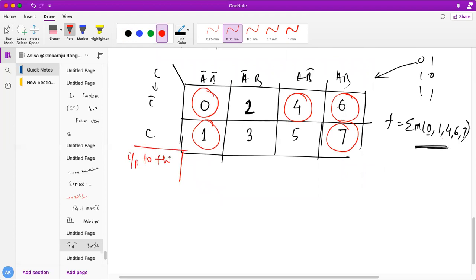input to the MUX. So what are the inputs to the MUX? This is my I0, this is my I1, this is my I2, this is my I3. So now what are these values you need to find out? So see here, what is the value? If both the circles are there in this column, then input to the MUX is 1. If you have no circle, then input to the MUX is 0. If one circle, the corresponding C value, C bar. 2 circles, 1. All of you understand, students, what I have done?